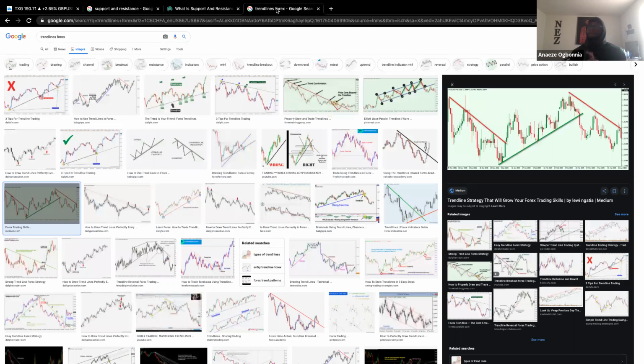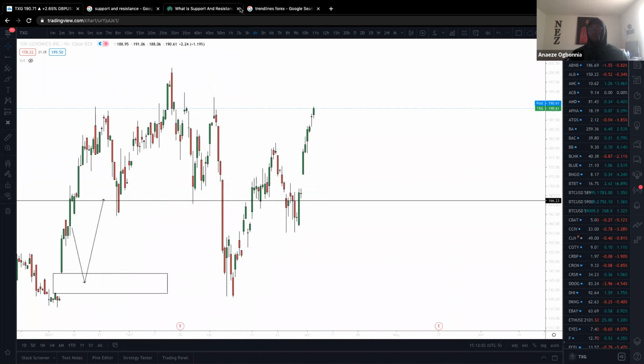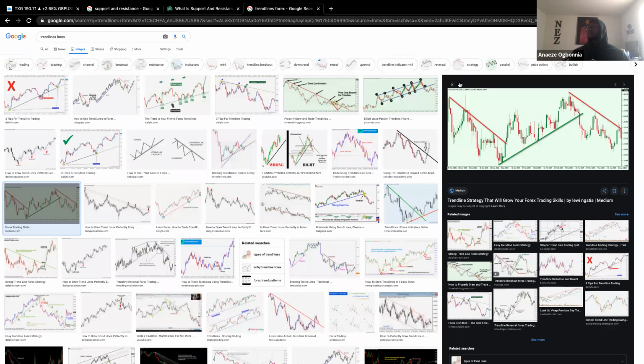Trend lines. Trend lines can be used to help you identify trend or rejection zones, or you can use them for the crossfire method. It's just something I made up. I'm not going to say I'm the originator, no, I'm not. It's just something I randomly do to get potential rejections. We will go over that to show you what I'm talking about. As you can see here, your resistance is all at the top. So if you look at trend